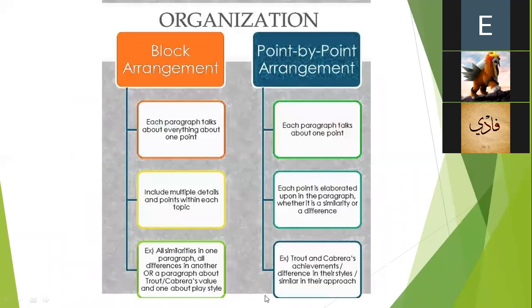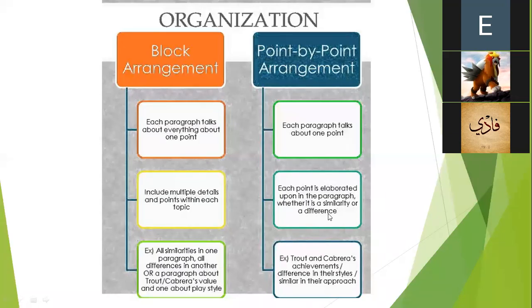Okay. So in block arrangement, we write each paragraph that talks about everything about one subject, which I just told you. And in point by point, each paragraph talks about one point. Now, block arrangement includes multiple details and points within each topic, because you are taking subject by subject. In point by point, each point is elaborated upon in the paragraph, whether it's a similarity or a difference.